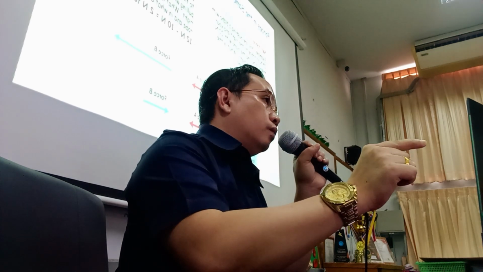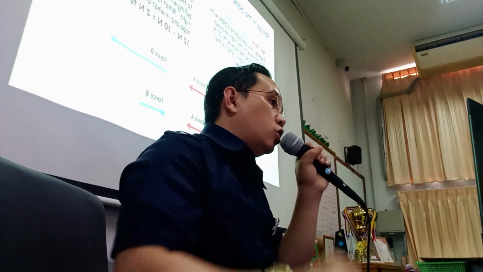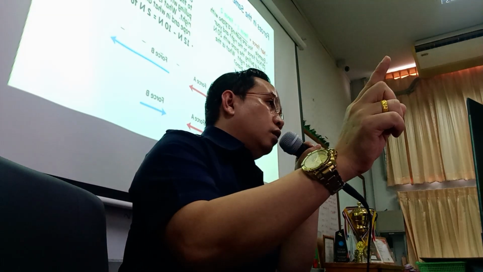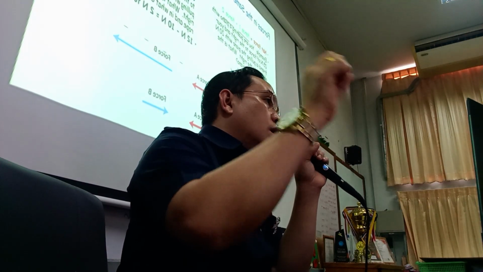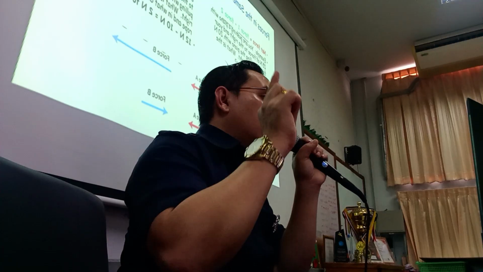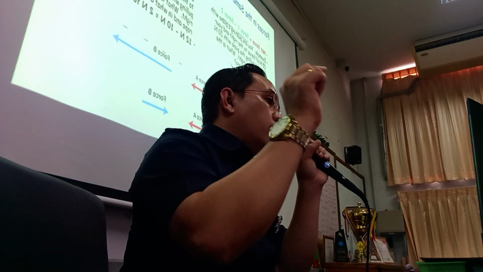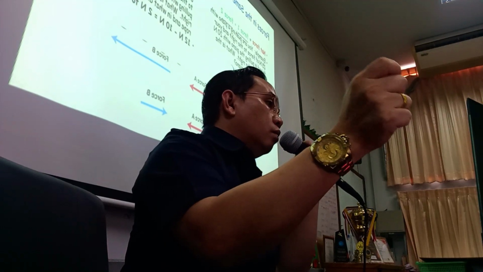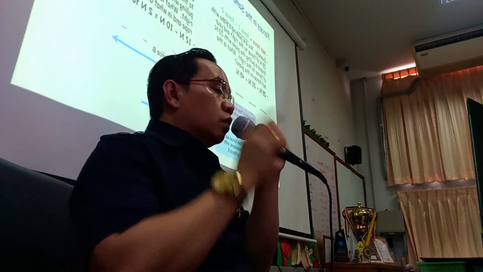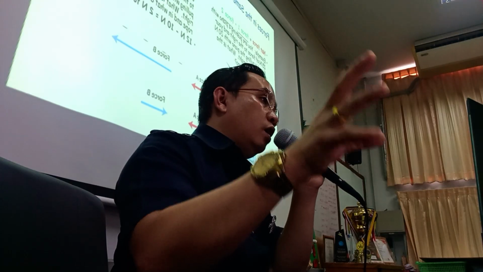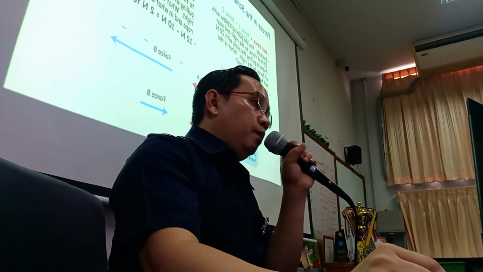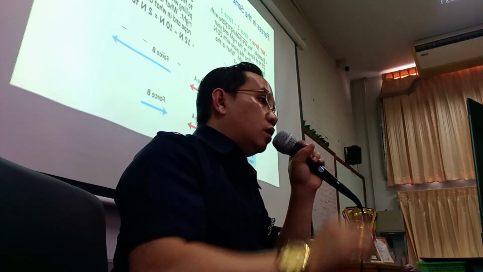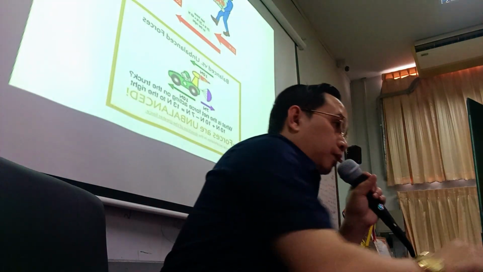We have to determine the direction between the two dogs that are pulling each other. So 12 Newton minus 10 Newton, we have to use the subtraction method. Now 2 Newton will be the net force, in which the dog pulls the object going to the left. So those examples that I mentioned are forces in the same direction, then forces in opposite directions. I already explained this to you.